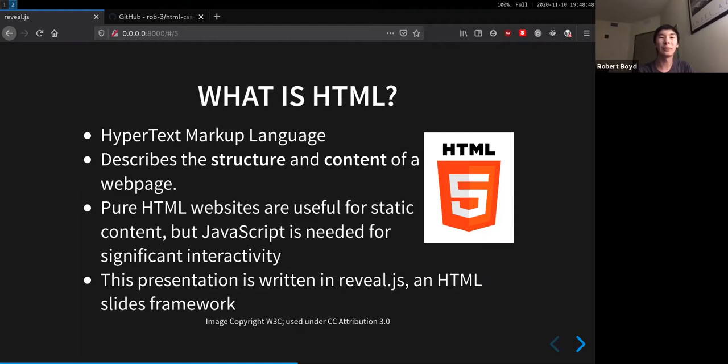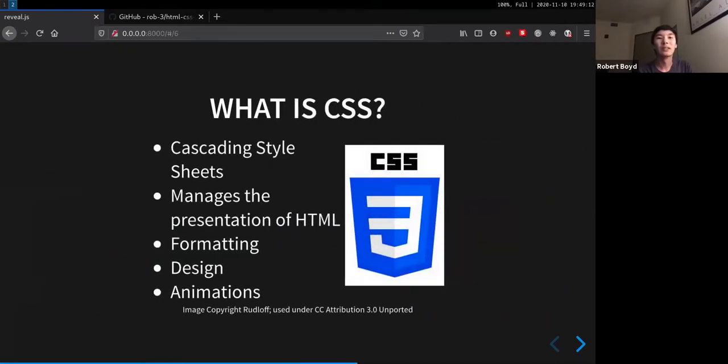If you do want to have a page that is more like an application, something like Google Drive or Google Docs, where as you add input, things are actually changing and the page interacts with you, that's when you need JavaScript. JavaScript is all for your interactivity. HTML is good for static content, things that don't really change. You also have